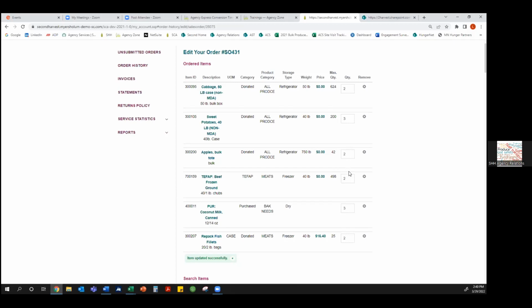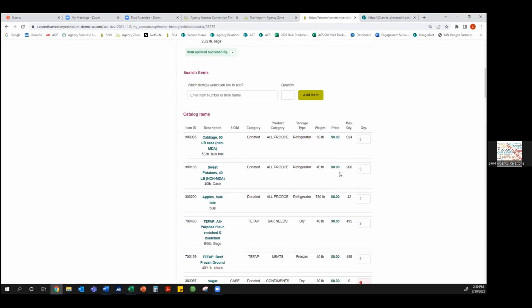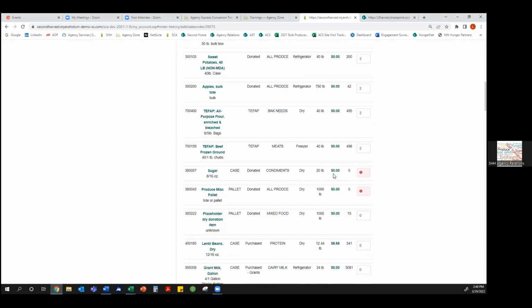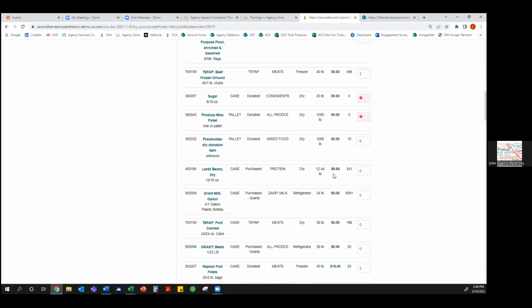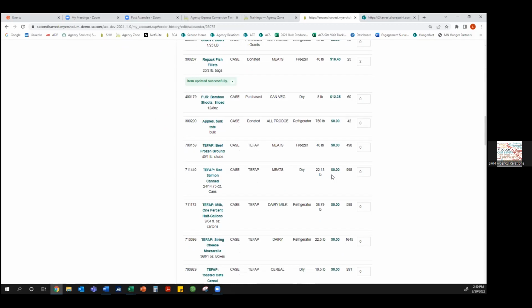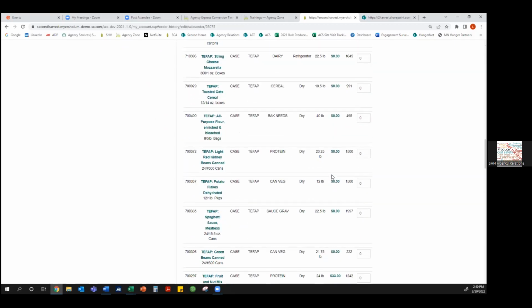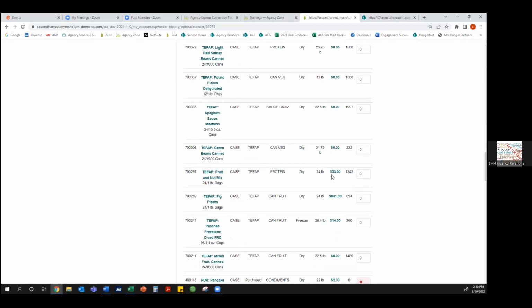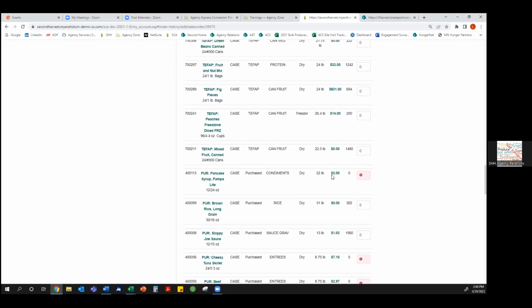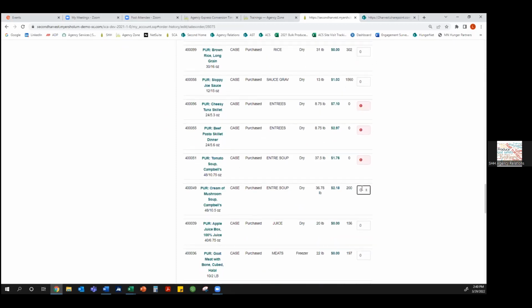above those 10 cases. So for example, if we wanted to go ahead and try that, let's look for an item that maybe doesn't have a couple hundred in stock here. So if we wanted to try and add, sorry, I'm just scrolling to see if there's a good test case for this here for us to go through. Well, I guess we can try and add, maybe we really would like to have 201 cases of